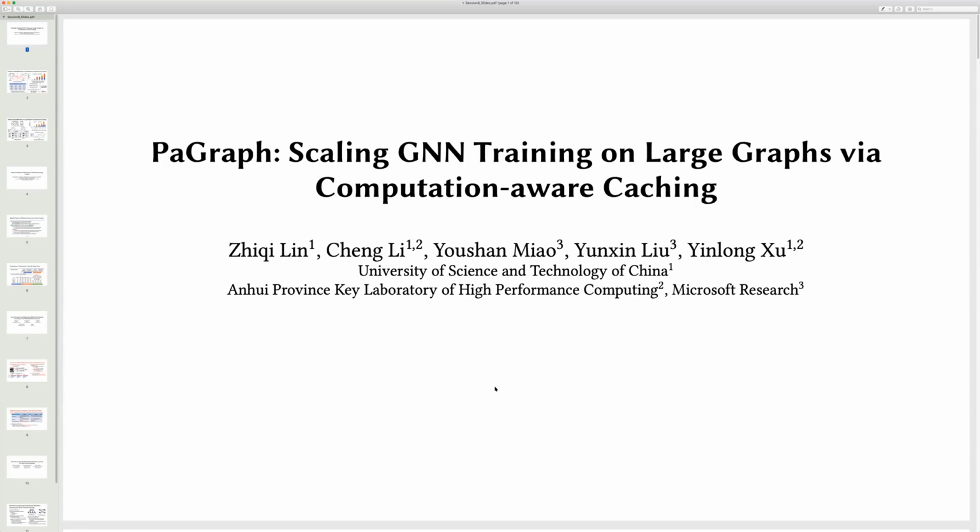I will briefly introduce our work, ParGraph, scaling GNN training on large graphs via computation over caching. This work focuses on